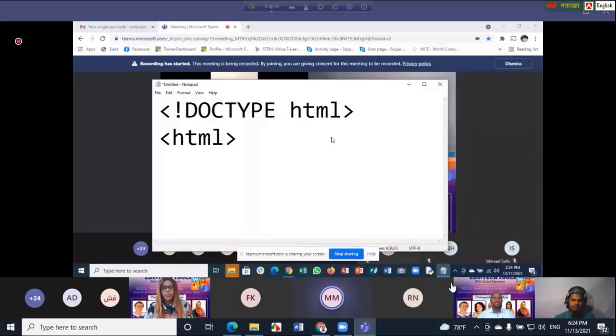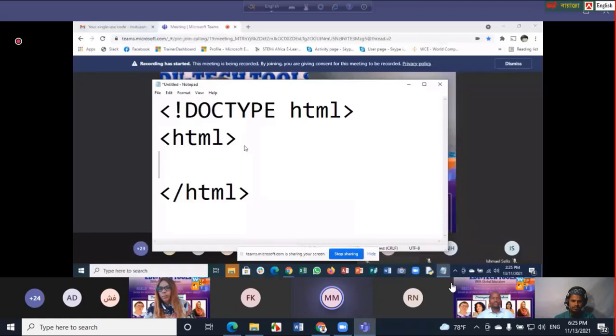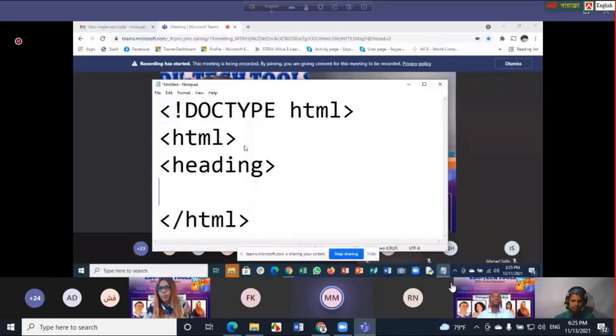It simply means that within this range is where I'm going to create the others. The other element I'm going to put there is the head. So you put the head, and don't forget the closing tag.